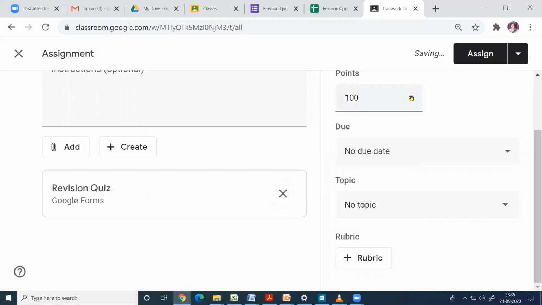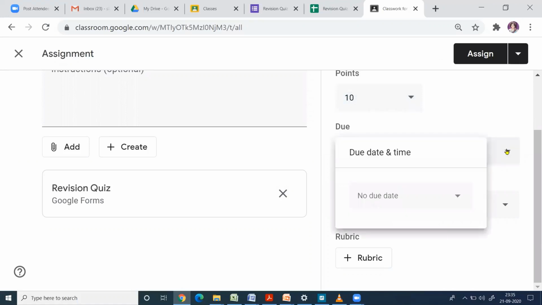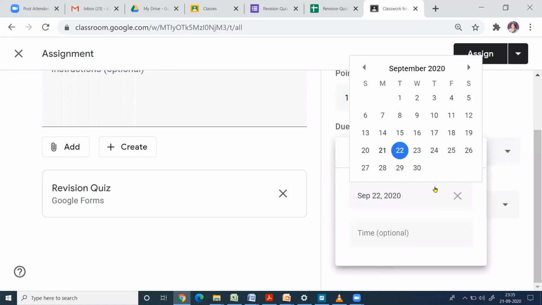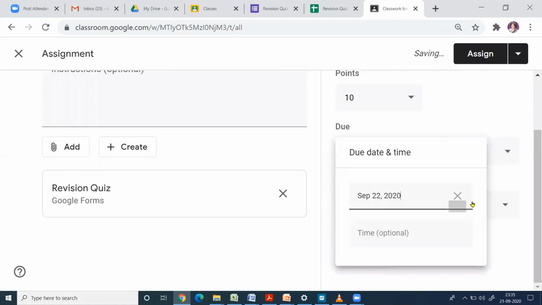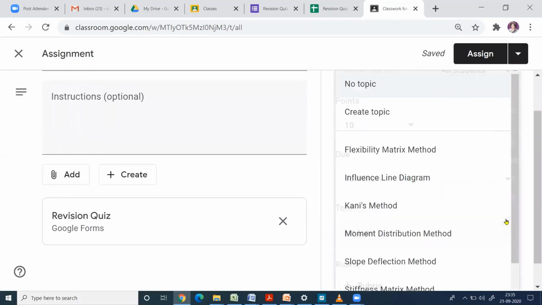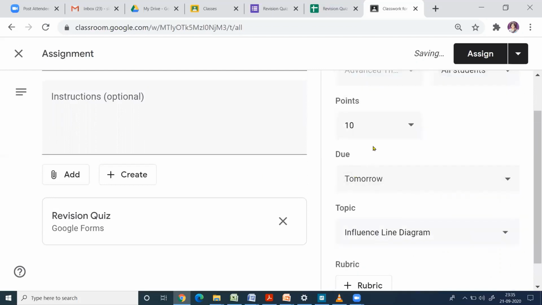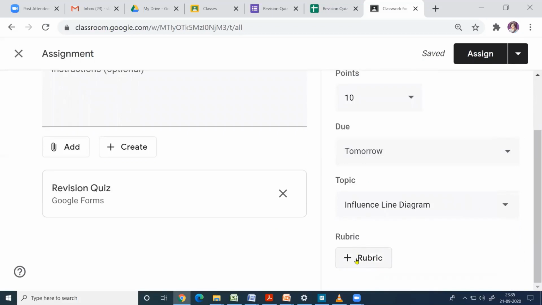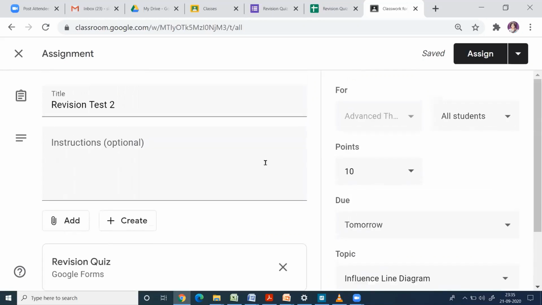You can give some marks here and give a due date. If you want to add the dates, you can add here. You can add a topic also if you want to add. And then you can also define the rubrics, how it will be checked. So this is how we can insert the Google quiz in Google Classroom.